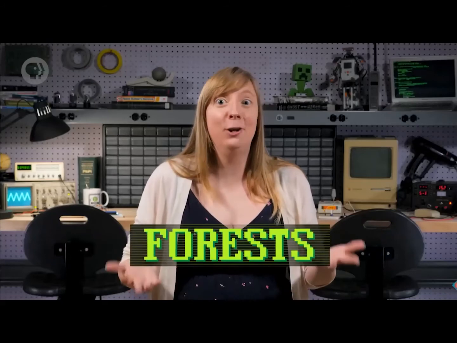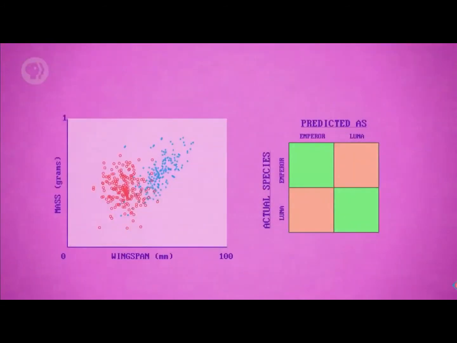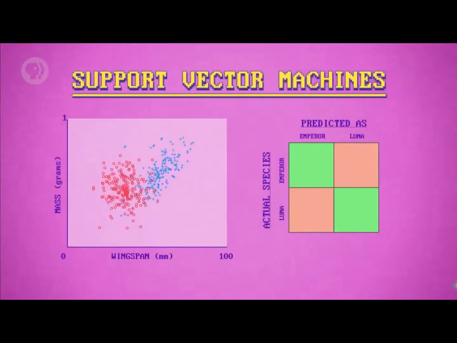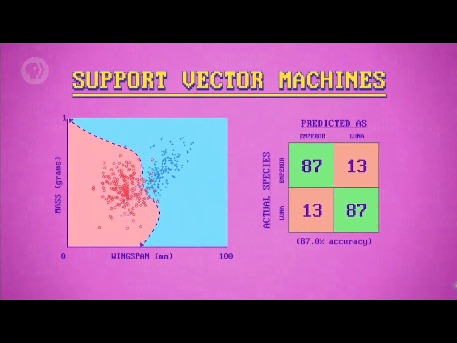Computer scientists smugly call those forests because they contain a lot of trees. There are also non-tree based approaches like support vector machines, which essentially slice up the decision space using arbitrary lines. And these don't have to be straight lines. They can be polynomials or some other fancy mathematical function. Like before, it's the machine learning algorithm's job to figure out the best lines to provide the most accurate decision